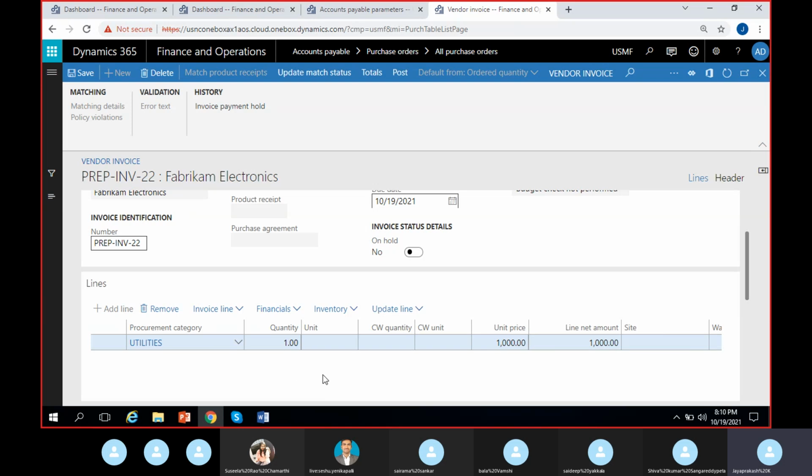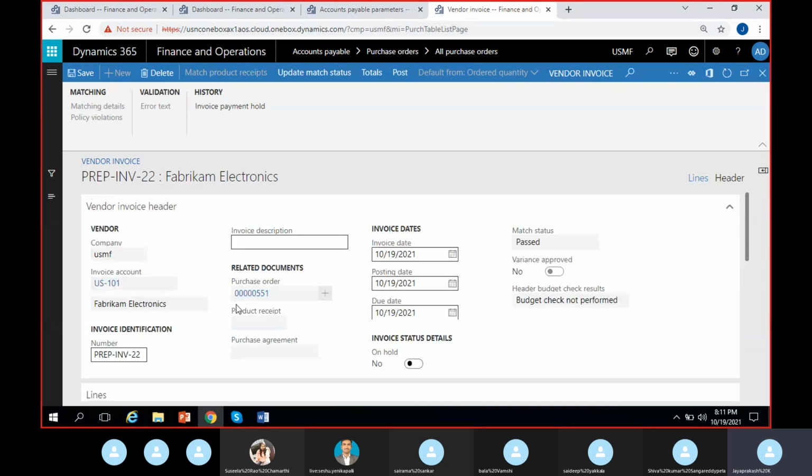It just shows as one quantity only on the prepayment invoice line, and it will directly show whatever is the prepayment amount. So it will bring up that prepayment amount, or the percentage amount, it will calculate according to the percentage and bring that amount. So the 1,000 is the prepayment amount, right? We have applied on the PO. So for that 1,000 only, we can see this prepayment invoice is created, and the status automatically shows as passed